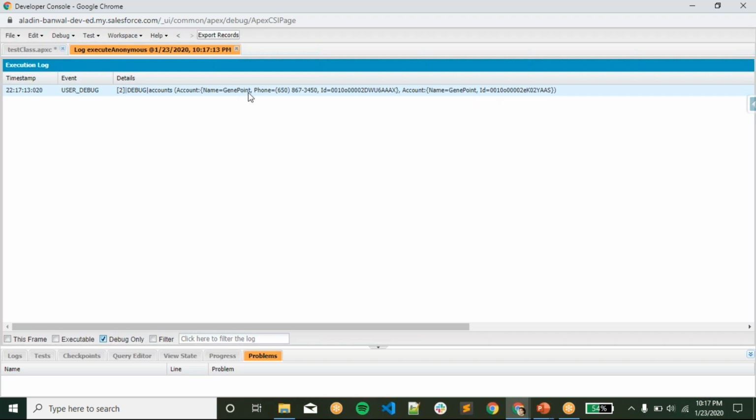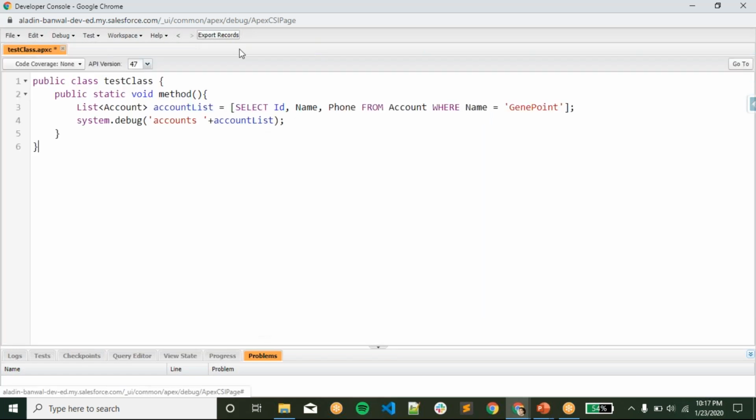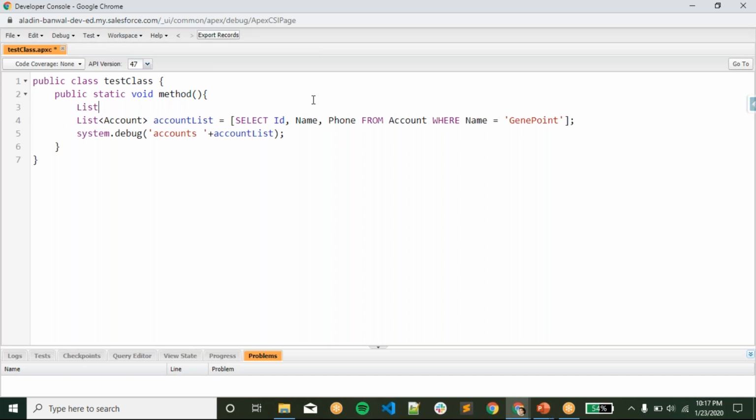So it returned that it doesn't have this phone number because there may not be any value inside there. So it didn't return that. So that's how we can use the where condition. We can even use, if we have a list of ID,